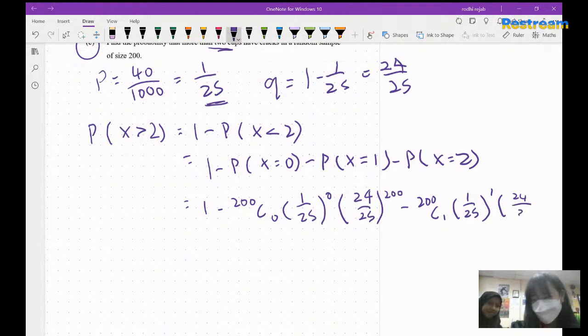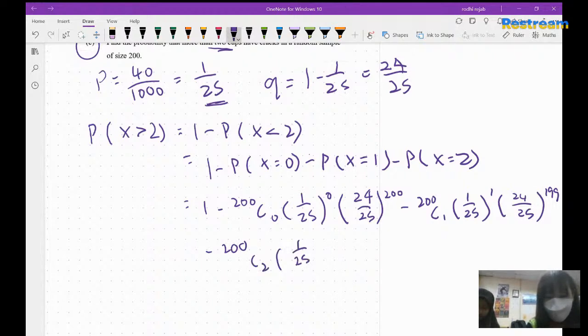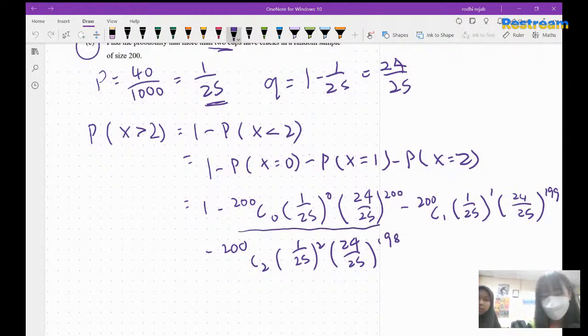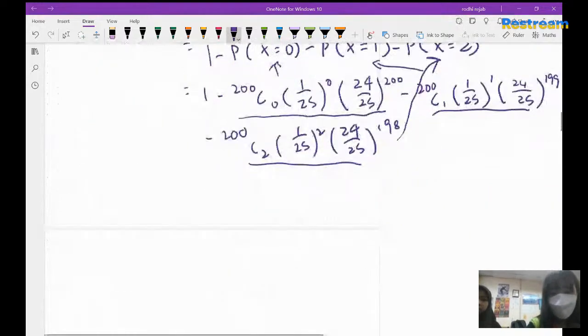Use the formula: 1 minus the probability for X equals 0, X equals 1, and X equals 2. When you substitute in all the values, you calculate X equals 0, X equals 1, and X equals 2, and you will get